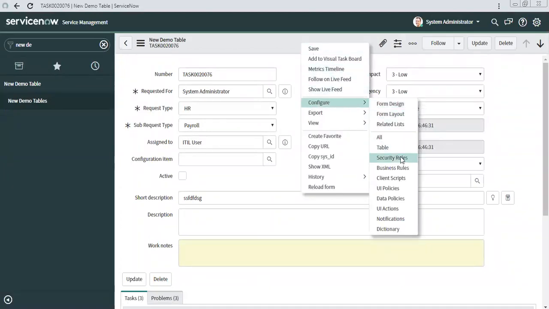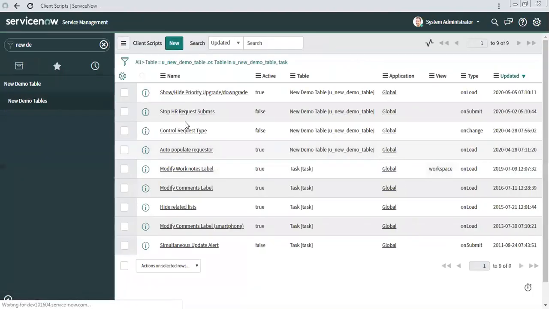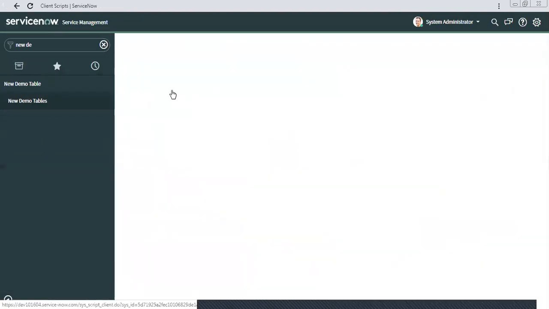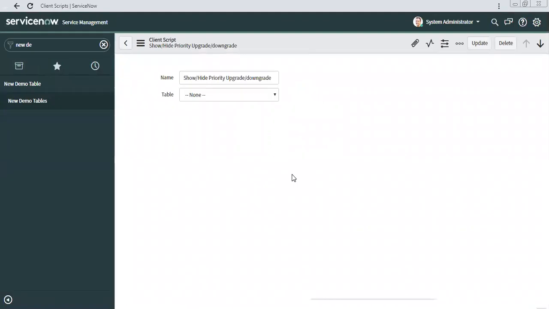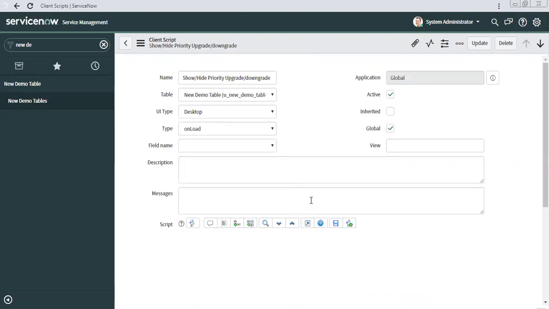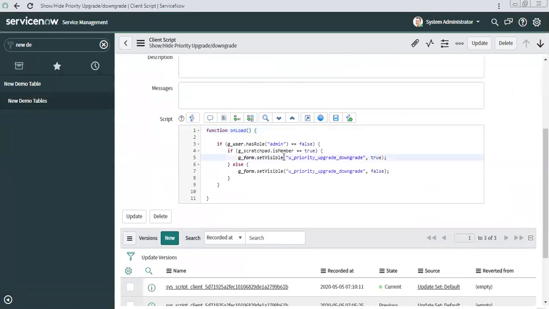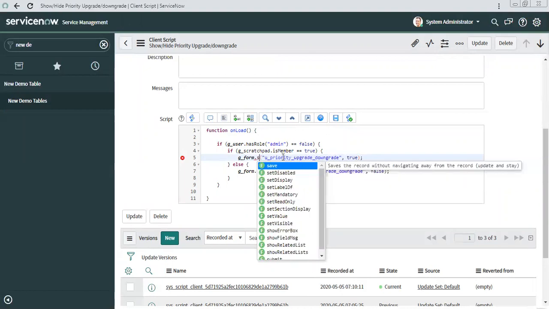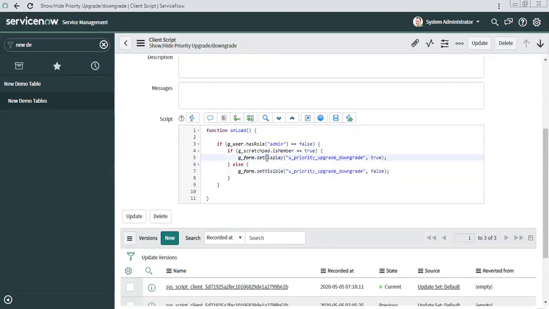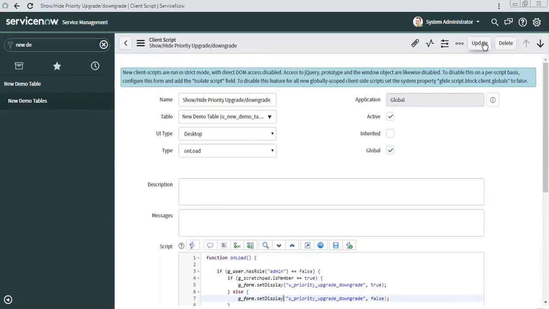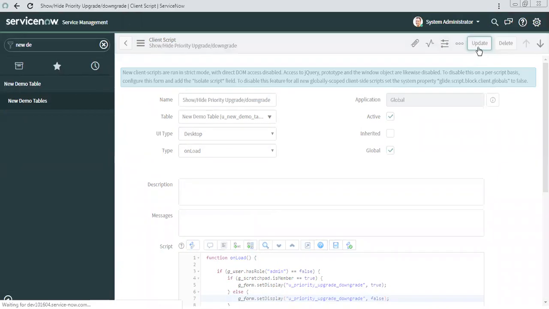Again, go to the client script, open the client script. So there are two functions in the client script to control the visibility. One we already used and another one is also there. We currently used set visible. There is one more function called set display. Set display also controls the visibility of a field. So if you use it, this will allow another field to reclaim the place.